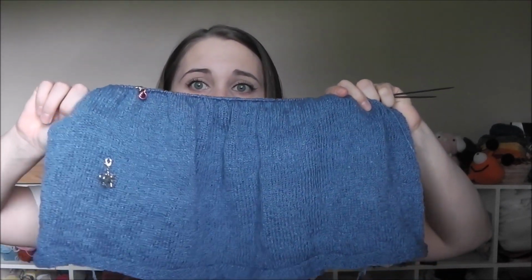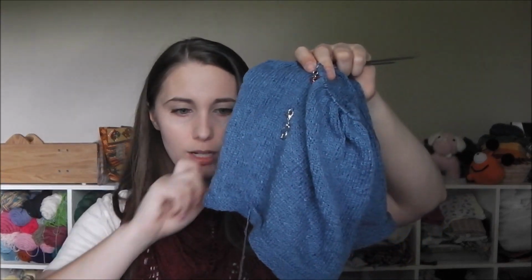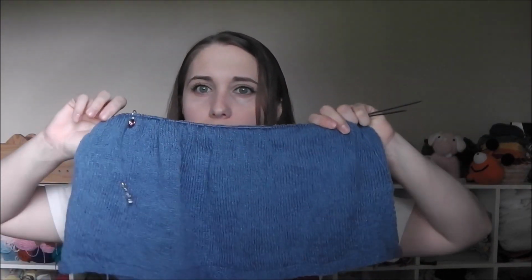I am knitting it out of Shibui Knits linen in the Cascade colorway, and this is my second skein here. They're 50-gram skeins, so I should be finishing this up soon and joining the third ball. I haven't really talked about the linen too much. I don't know how to compare it to other linen because it is a different kind of fiber than wool. I maybe would say it's soft for linen, but it's not soft, if that makes sense. It feels better knit up than it does in the skein, but it's still...